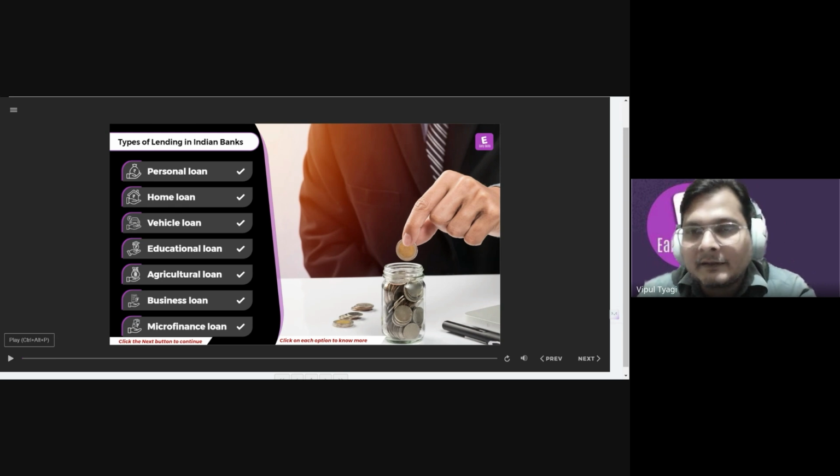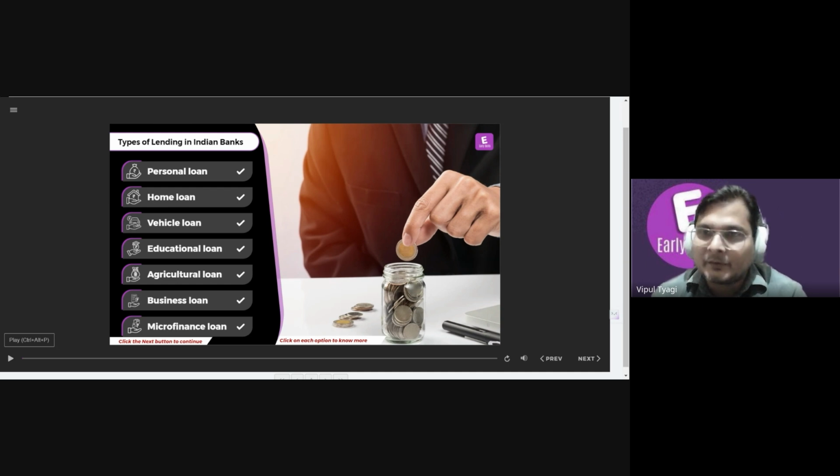That is called security. Why? Because in case the borrower does not repay the money, the bank's money is secured. What will the bank do? The bank will sell that property, that asset, and recover the amount from that